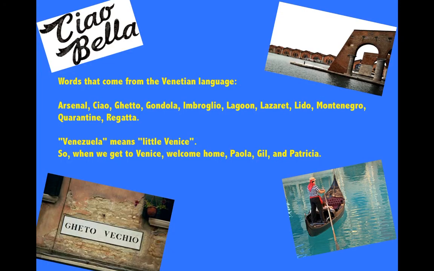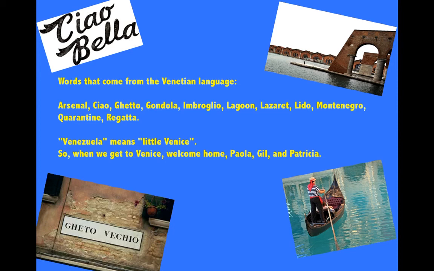We're just about done. There are some words that come from the Venetian language, which is a Romance language like Italian and Spanish, but we might think of Venetian a little more like Catalan or Gallego, one of the smaller Romance languages of Europe. Some of the famous Venetian words we use in English today include ciao, arsenal, which comes from arsenale,